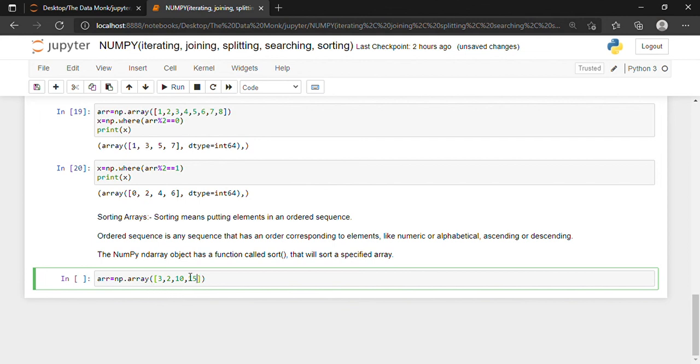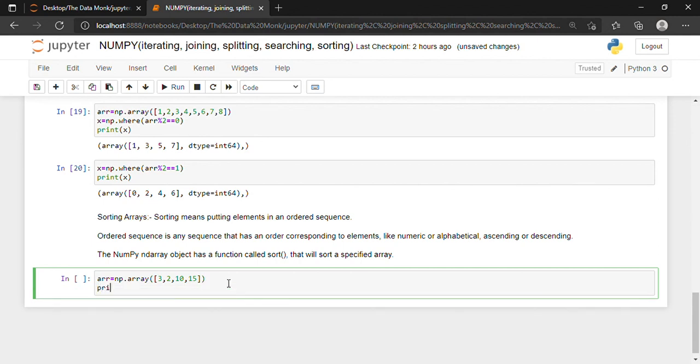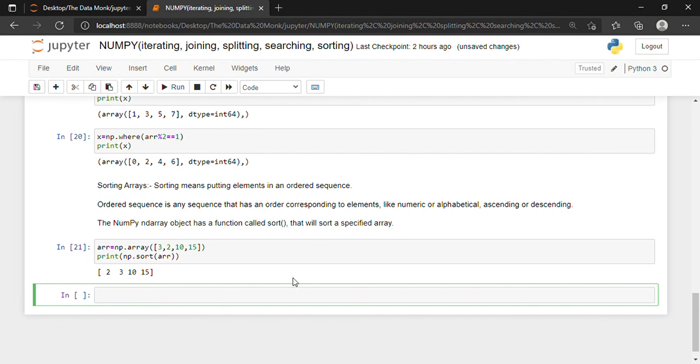So for doing that I'll just write print(np.sort(arr)). So as you can see, I've combined the printing statement and the sorting statement. If I wish, I can also first do the sorting statement and then print it. Okay, so I've combined both of them. Shift enter, and my entire array is sorted in ascending order.